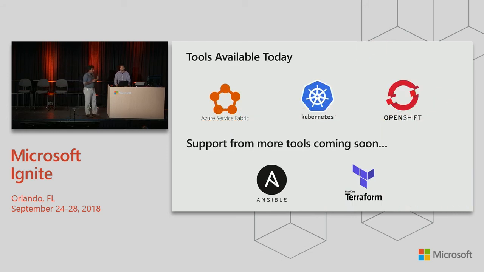Tools available today, Azure Service Fabric. We just GA'd it at this conference. So if you're taking a dependency on Azure Service Fabric, a template is available to you today in your marketplace for syndication. We announced public preview of Kubernetes, the AKS-based template available on Azure and Azure Stack. We also announced the release of our partnership with Red Hat to release OpenShift, which is now supported in production on Azure Stack and is available to you in Azure. And we're working with Ansible and Terraform to also be able to support their platforms as well.